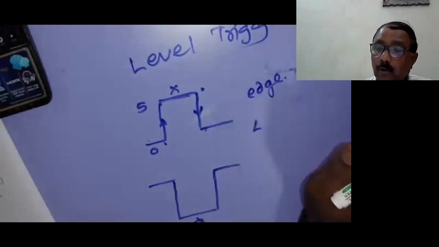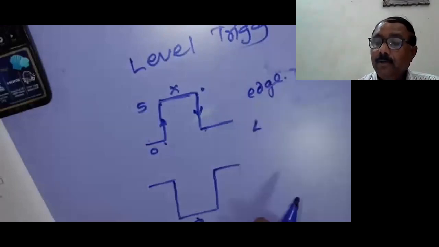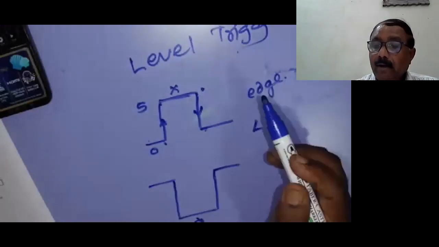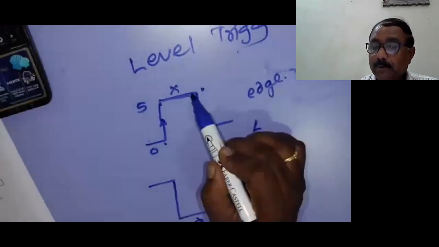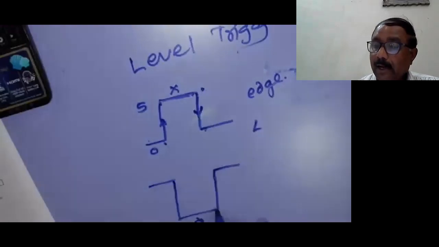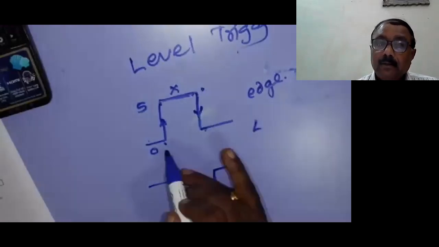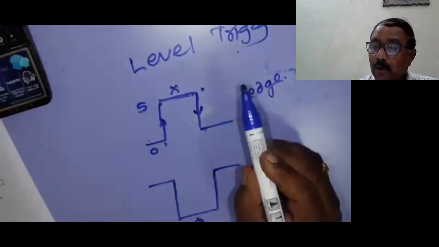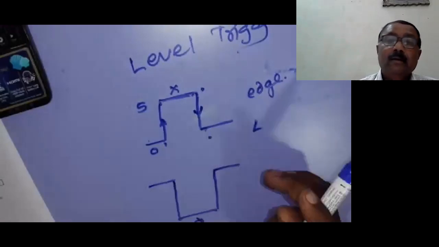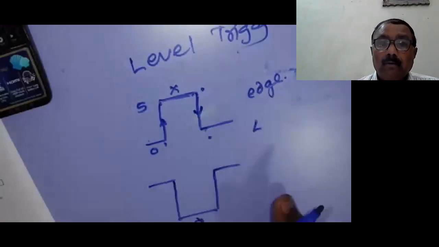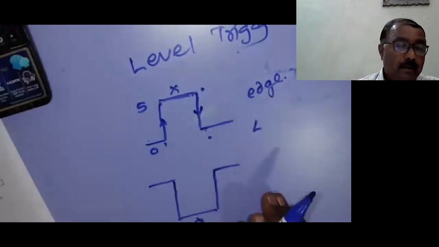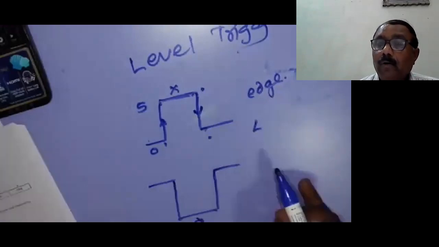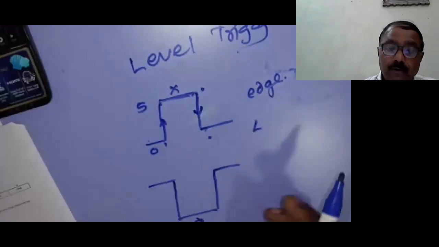Such a type of triggering is known as edge triggering. So in the case of a microcontroller, it can get an interrupt using level trigger or edge trigger. In level trigger, the device has to give a constant voltage to the interrupt pin, either high or low. In edge trigger, the voltage changes from 0 to 5 volt or 5 to 0. Using the TCON register, we can select level triggering or edge triggering for the interrupt.